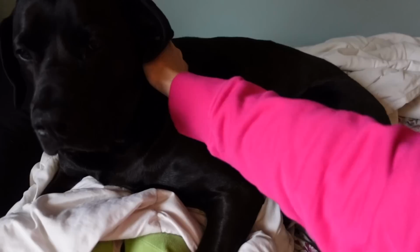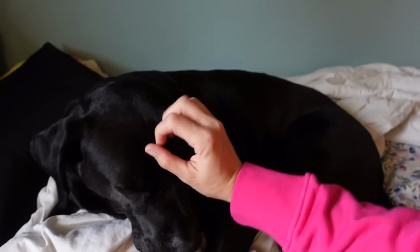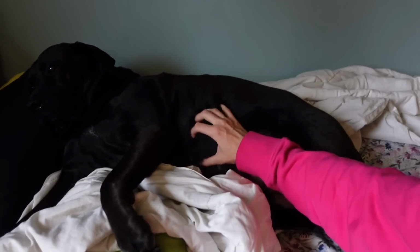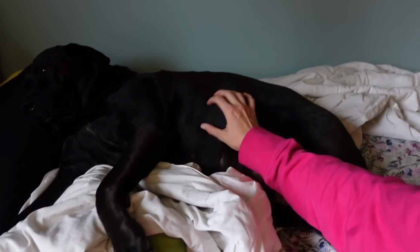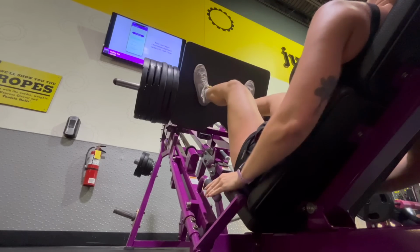I always spend the first few minutes petting the dogs to wake up, and Pluto was loving it today. He definitely wanted an ear rub, and Maggie wasn't really feeling it. She was off on her own, so Pluto got all the attention this morning. But after he was done getting his pets, I got packed up and headed to the gym, and it's actually